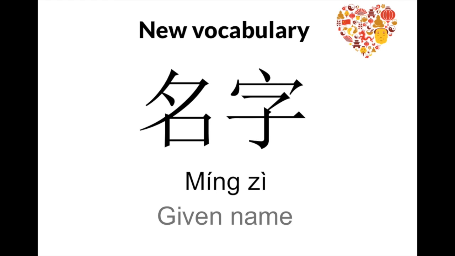名字, given name. Second tone followed by a short fourth tone, 名字. And we say given name instead of first name because in China, the family name comes before the given name, as opposed to in the West, where the given name comes first. So when you use the terms first name and last name, you often get all sorts of mix-ups when you deal with Chinese people. So rather use just given name and family name, and you avoid all sorts of mix-ups. So 名字 is given name. Say after. 名字